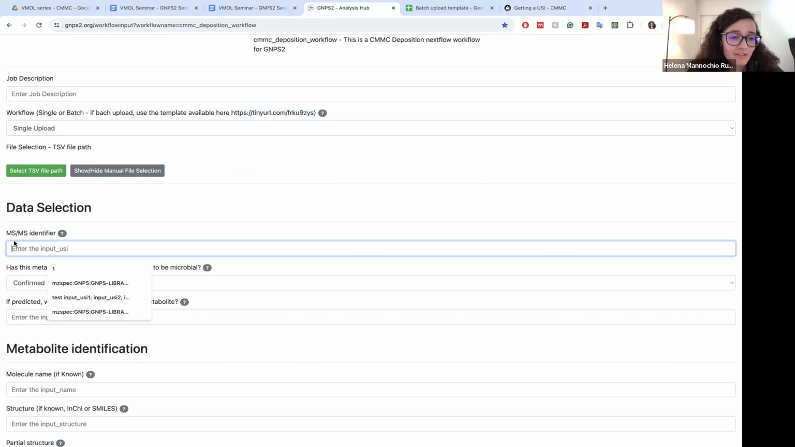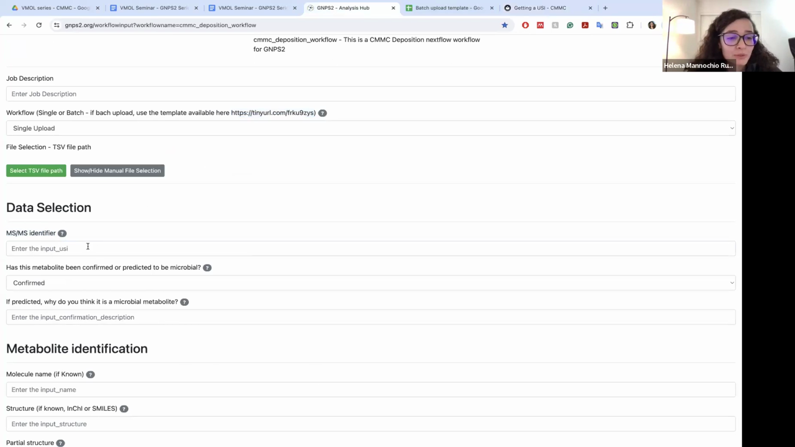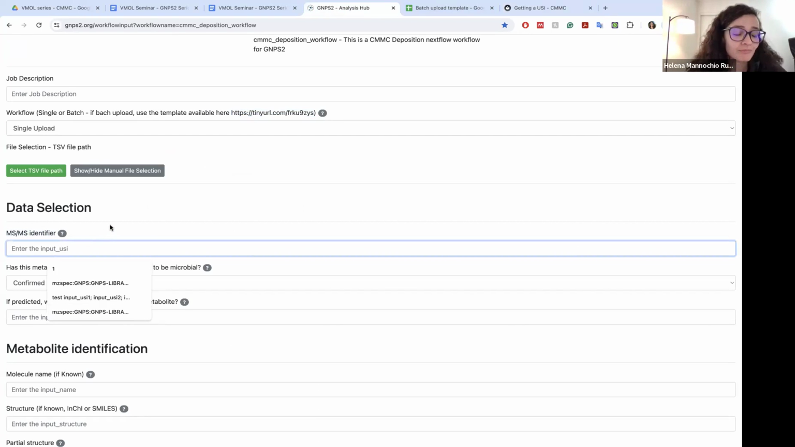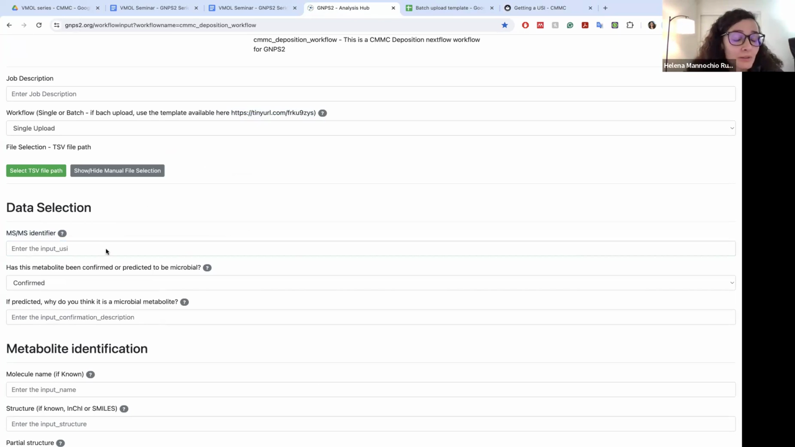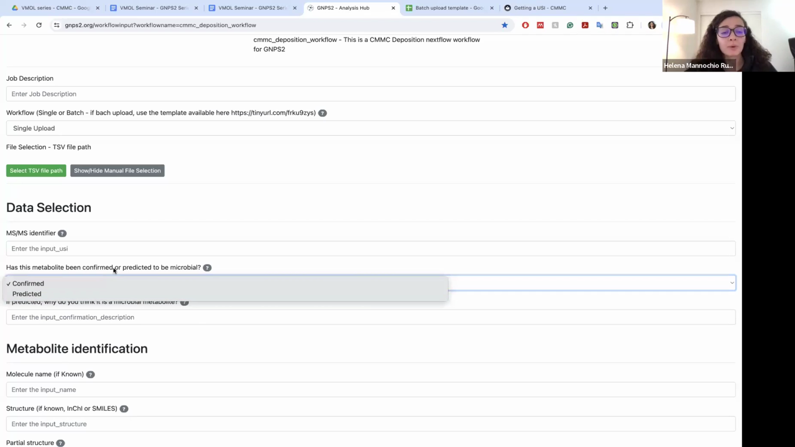So this is the very, very first thing. This MS/MS identifier would be pasting here the USI. And then we also have another field here in which we ask the question, has this metabolite been confirmed or predicted to be microbial? Here you have the option of putting both. In many cases, for instance, if you have, of course, isolated the compound from a microbial strain, or if you have a monoculture and you have a class of molecules that you find on the culture but not on the media, of course, this has been confirmed to be microbial,